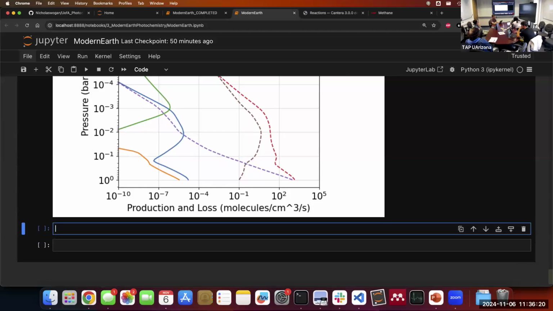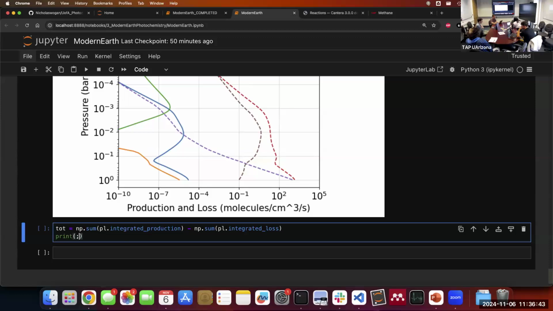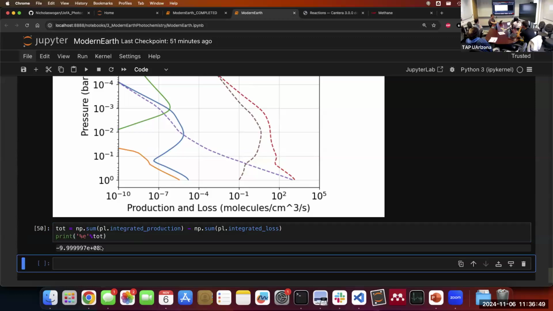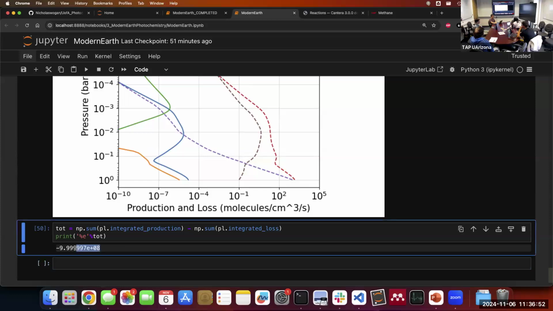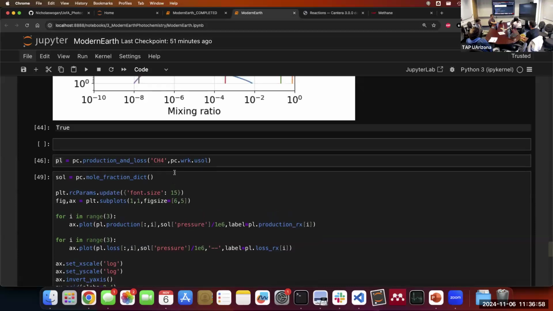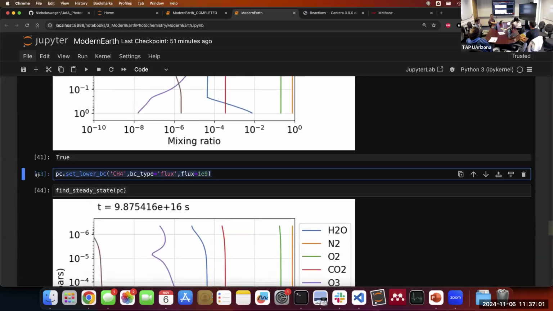And then we can check that, well, the production and loss in the atmosphere should match the flux that we are putting in. So we can say, well, the sum of the integrated production minus the sum of the integrated loss. And I'll just say this is the total, and I'll just print it. So yeah, there's a loss of nearly 10 to the 9 molecules per centimeter squared per second. And that matches the boundary condition that we set up here. That's the flux of